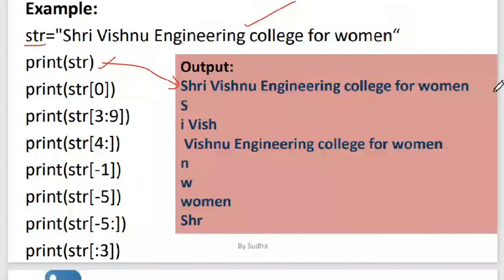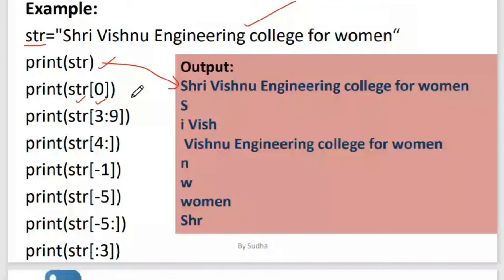In the next case, I said str[0]. This is just like extracting the characters from your character array. We declare a character array, say str[10] is equal to something, and then we try to extract each and every character from the array by using the index numbers.